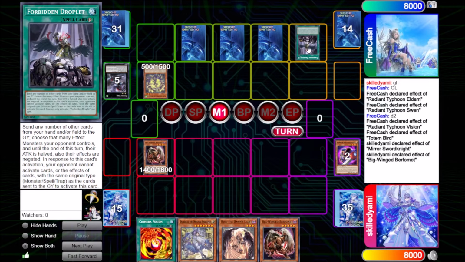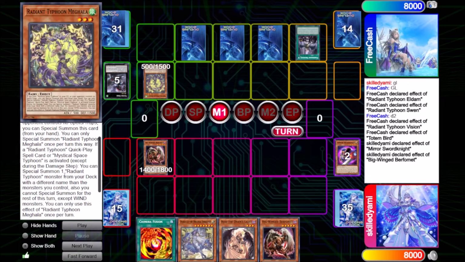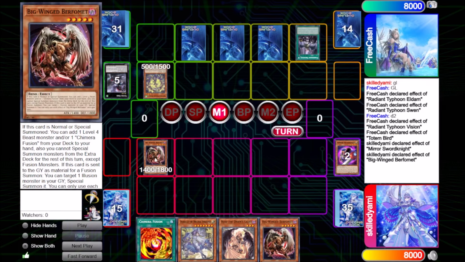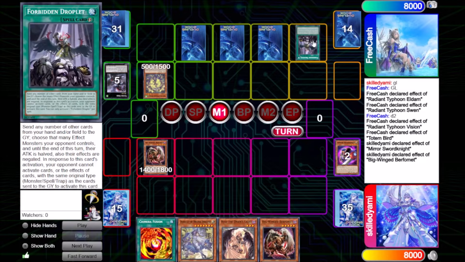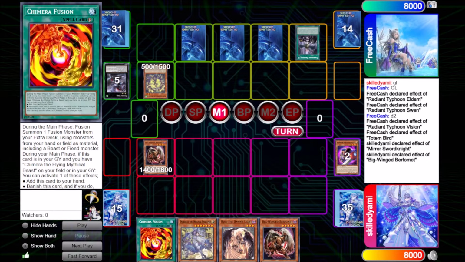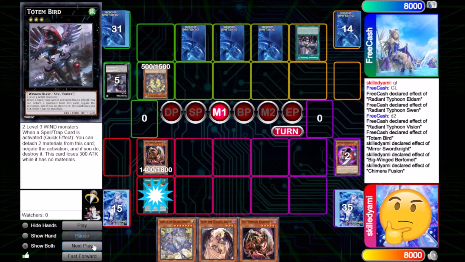I think also what could have been fine is chaining 1 Performance, chaining 2 Radiant Typhoon Vision, and this one is a trigger effect in the next chain. So he can use this in the next chain: 1 Performance, 2 Typhoon Vision, 3 Forbidden Droplet, send the Typhoon Vision, so I won't be able to use the Chimera Fusion here. But he's sending the monster, which now makes it way harder for him because now I can just chain the Chimera Fusion